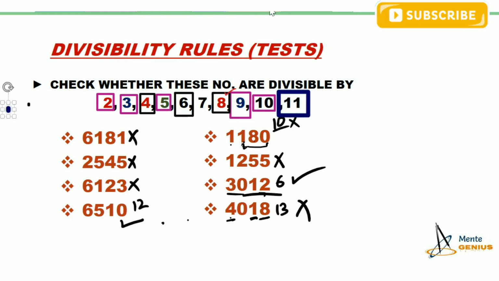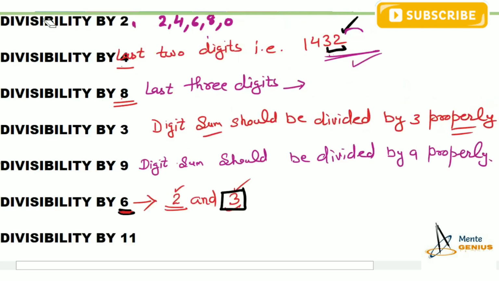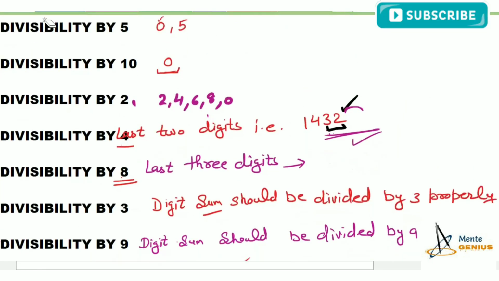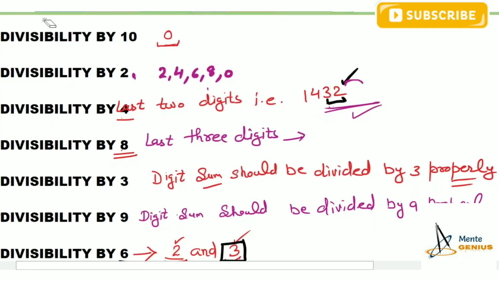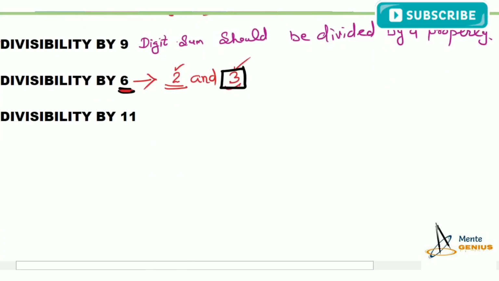Okay, 11 का divisibility. Let us learn the rule first. Only 7 is remaining now. Okay, let us clear some space. Till now we have learned 5, 10, 2, 4, 8, 3 and 9, 6 also. Now for learning this 11 के लिए बेटा You will check the number. Please be concentrated because it will require a little bit concentration.